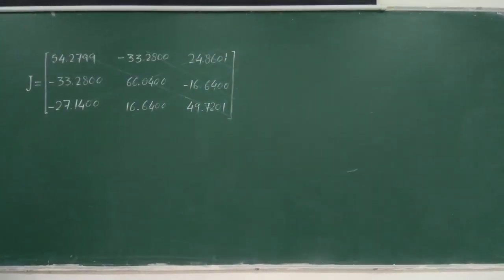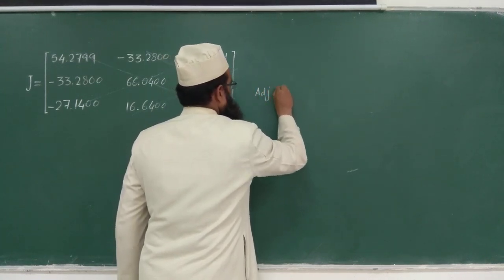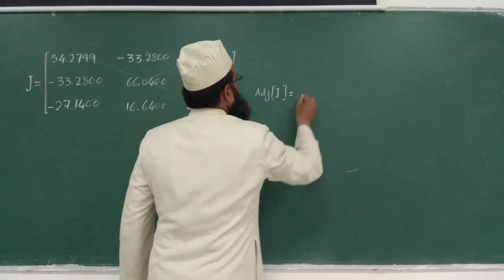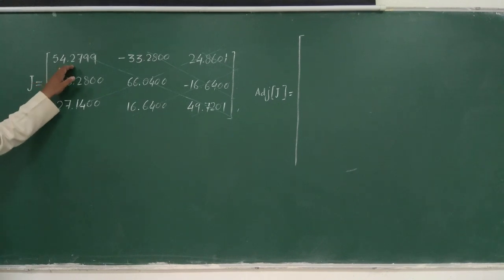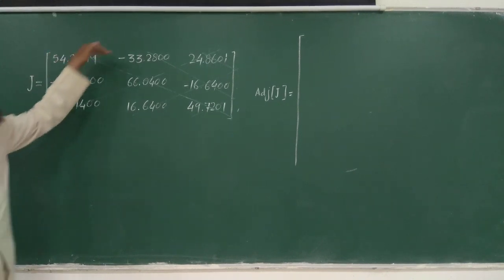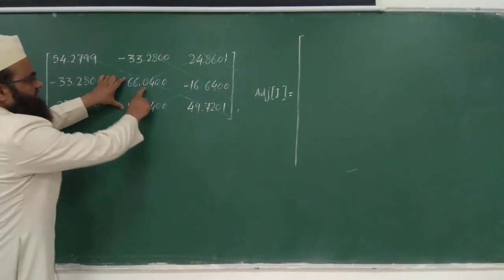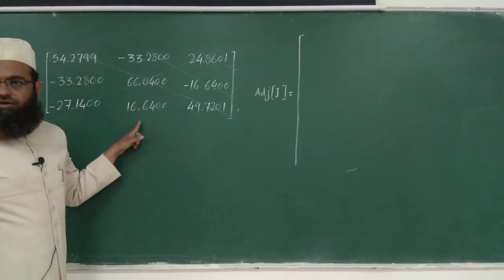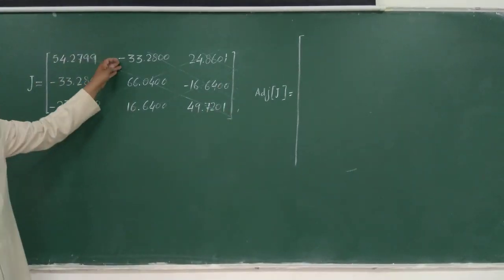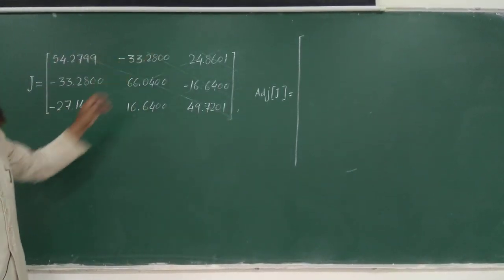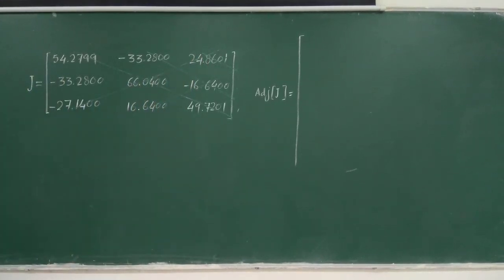So adjoint J may be written as, quickly write down, so you know how to write this. So for the first element, the sign will be plus, and ignore this column and this row, and write these elements, right? Similarly for all, so these elements, so you will write this into this minus this into this, isn't it? So similarly, just write this, then next take the minus sign, ignore this column and this row, so the remaining two, and so on. You know how to get it, right? So quickly tell me the values.